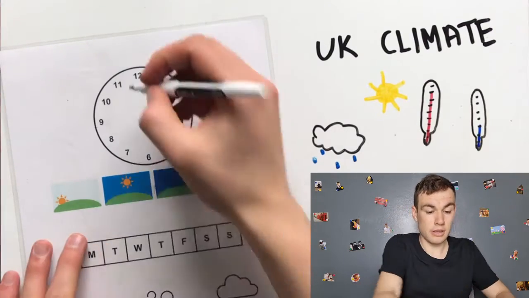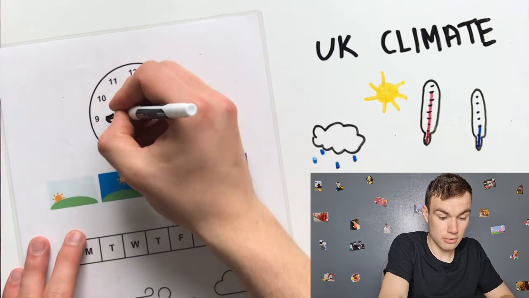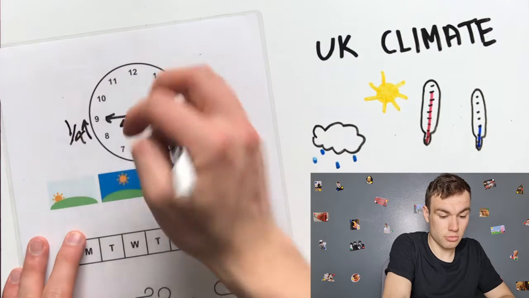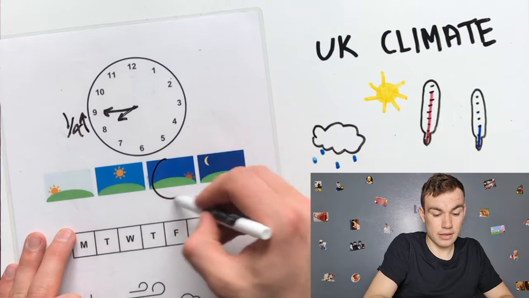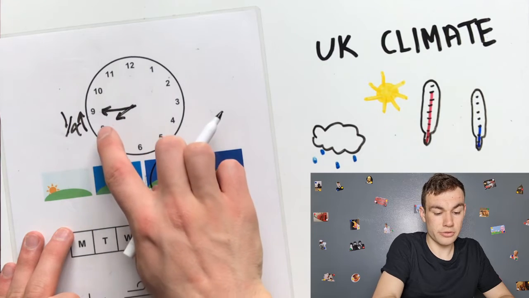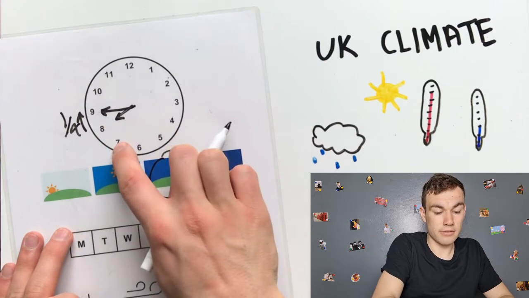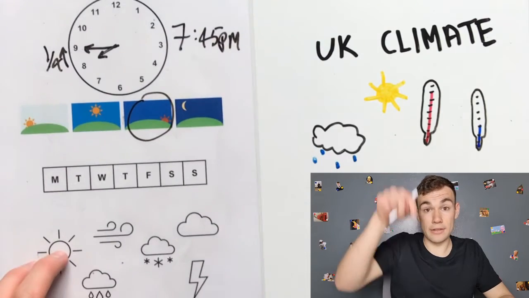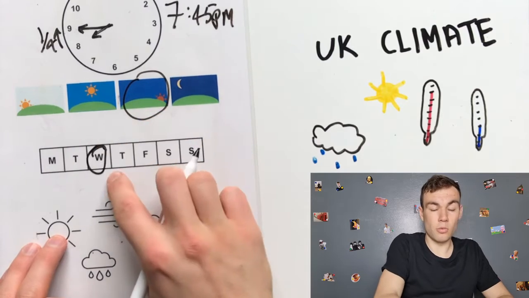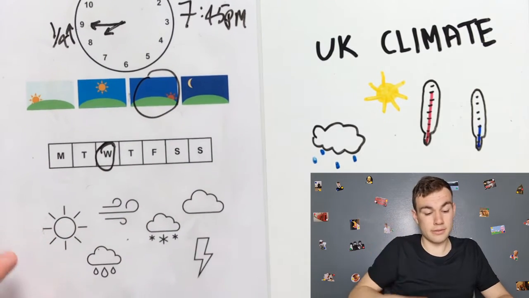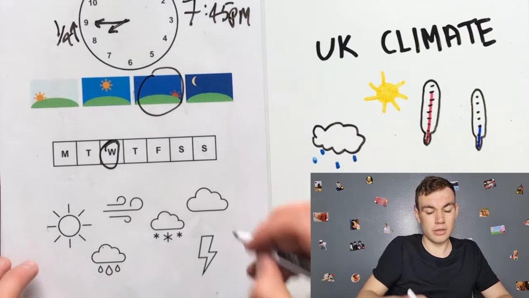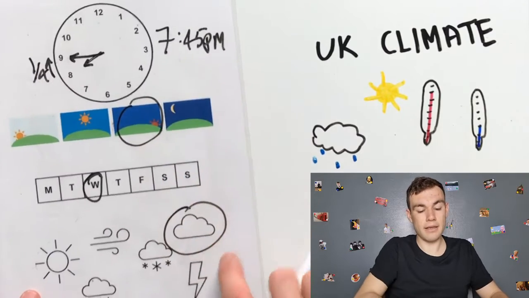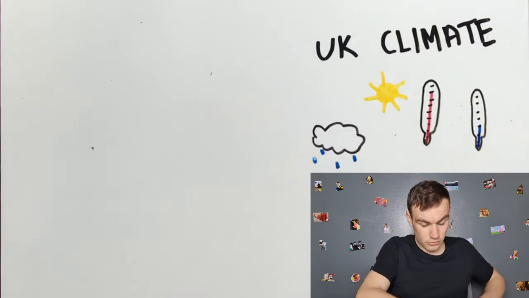Right now, the time is 7:45 in the evening. It is 7:45 p.m. And today is Wednesday. Outside, the weather is okay. It is cloudy this evening. This evening, it is cloudy. Okay, so